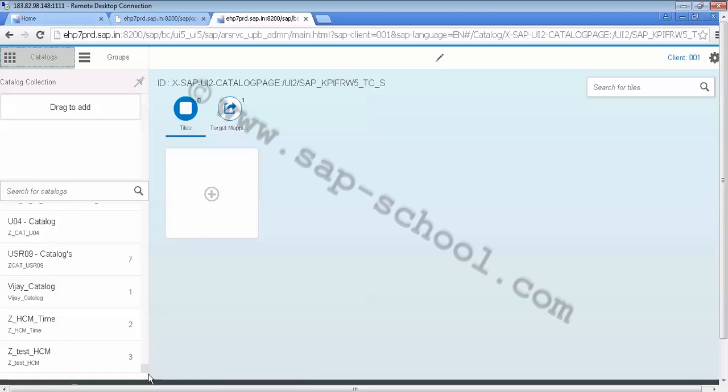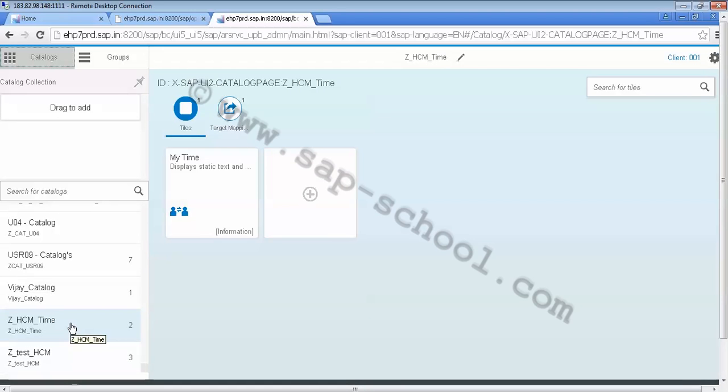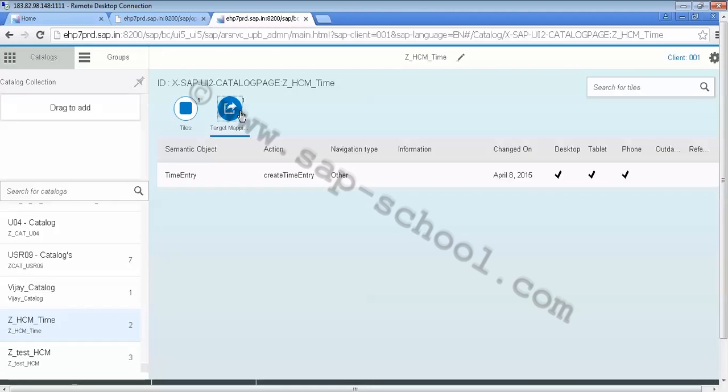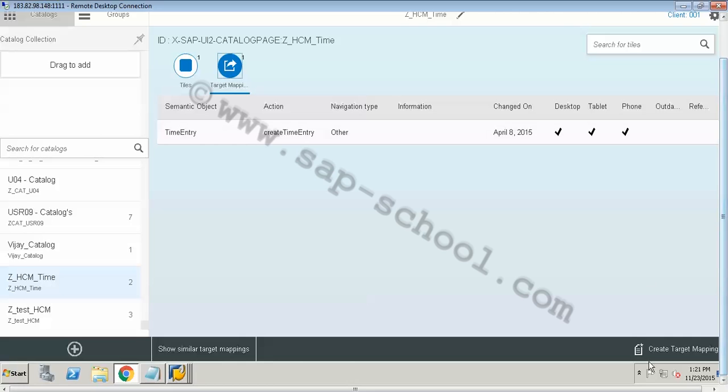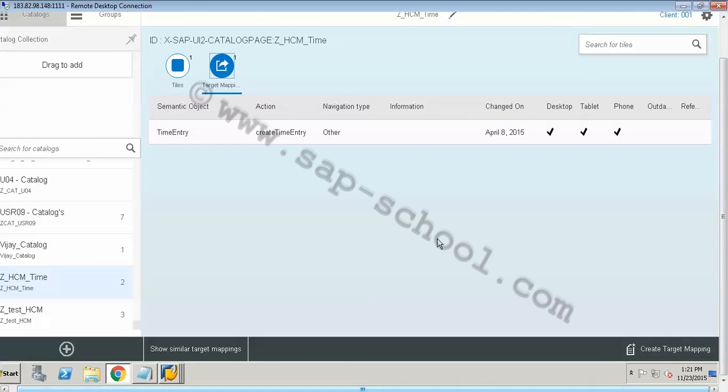So we have created this ZHCM time. We'll go here, and in this we have to click on this target mapping, and then select the target mapping and click on this configure.